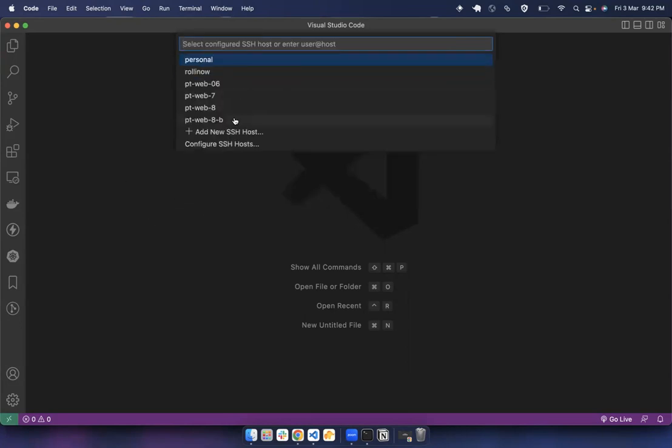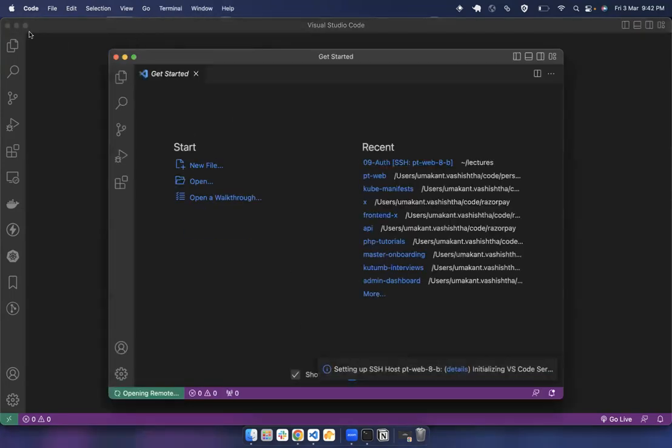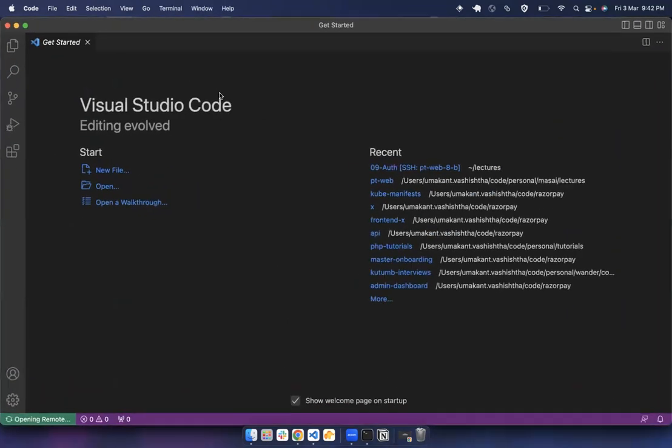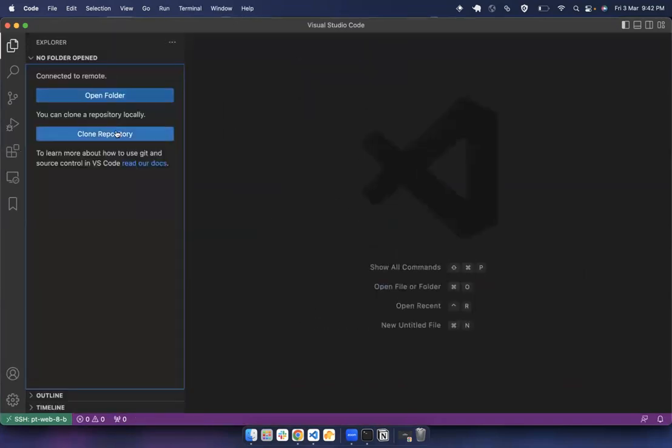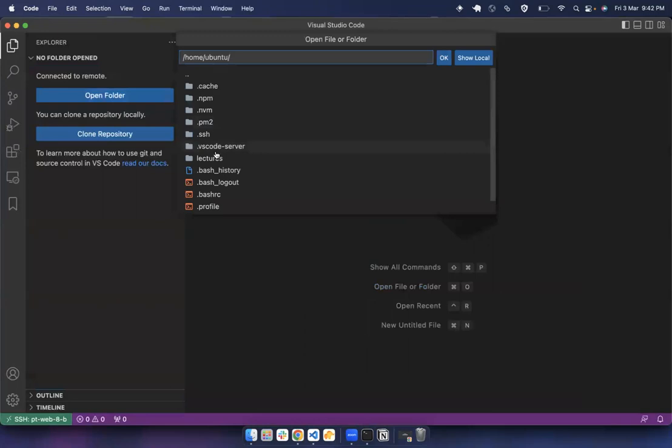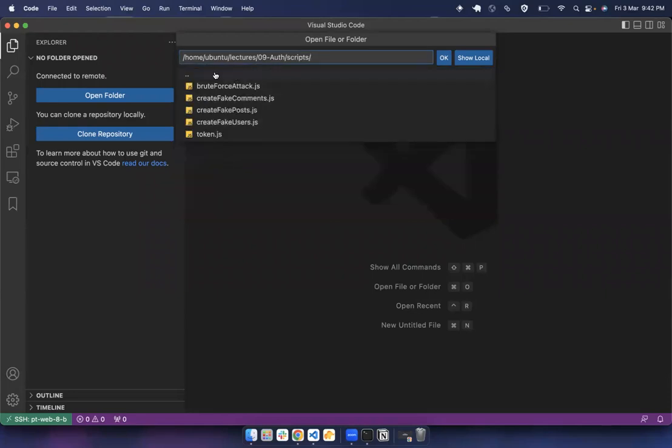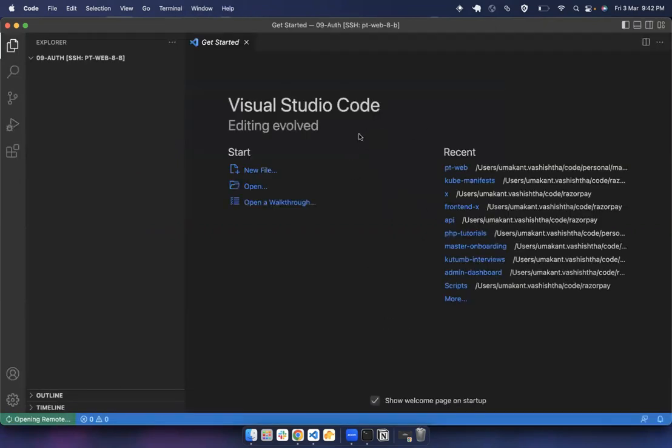So we can log into our SSH. We can SSH into our machine, and I'm going to open the lectures folder, and we don't have any scripts, do we? Okay, we have some scripts, so we can go to this folder,